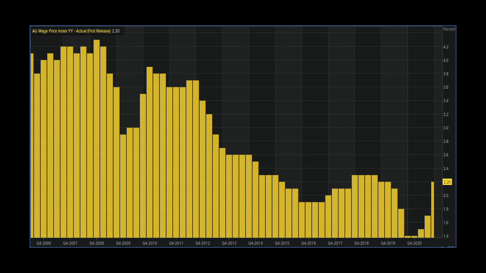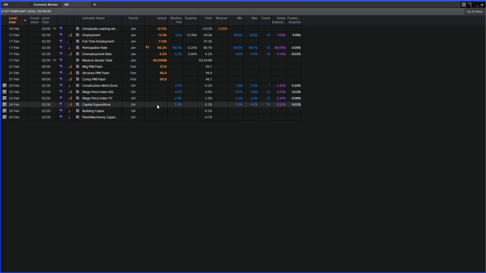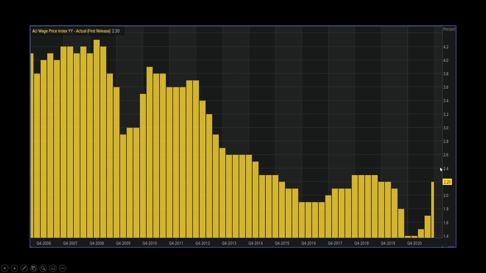Now, of course, this week we've got this print coming up. And if we take a look at expectations, we can see markets are expecting it to grind higher to 2.4 from 2.2. Now, if we take a look at that chart one more time, we can see that if we do reach 2.4, that'll put us at the highest wage number going back to 2014. So that should be positive for the bank. But because 2.4% is expected, we are selfishly hoping for a higher print here, given our Aussie longs at the moment. If we get something higher than 2.4, that probably sees the markets pricing in a higher probability that the RBA will move on hikes, probably as soon as June, maybe even earlier in terms of expectations at least.